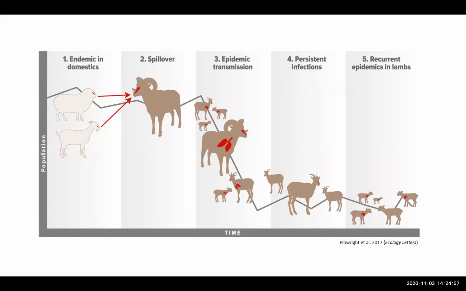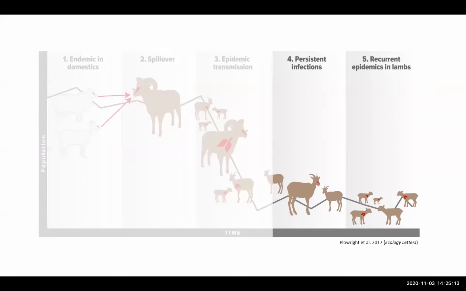We also see herds that after that initial die-off seem to be clearing the pathogen completely. We're not noticing these carrier ewes, and we're not seeing this persistent lamb mortality, which is allowing these populations to recover relatively quickly after that die-off. So we're trying to better understand why we're seeing these differences in demographic responses following that initial die-off. So my research has been focused on trying to better understand what's happening in here.